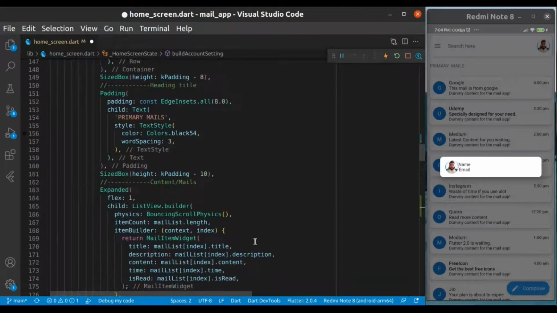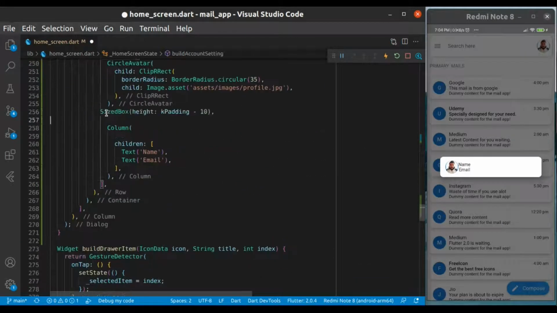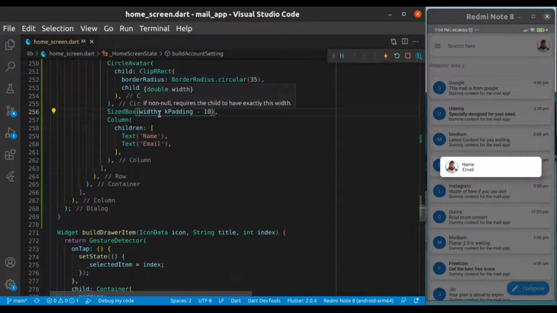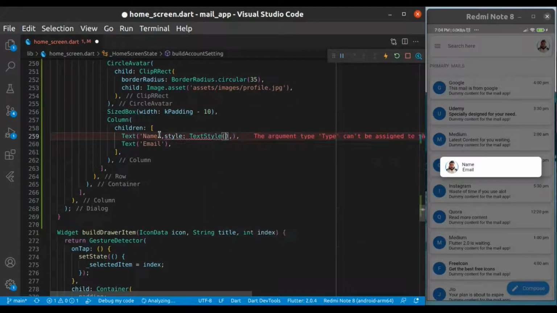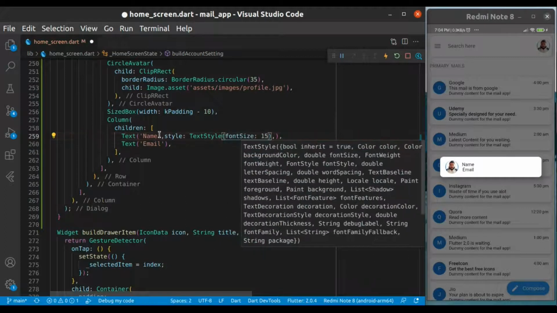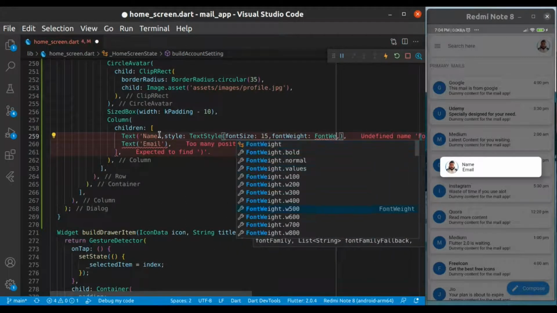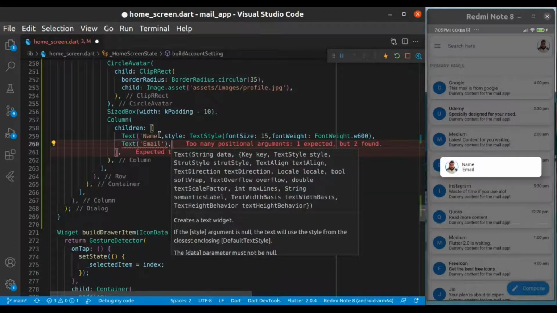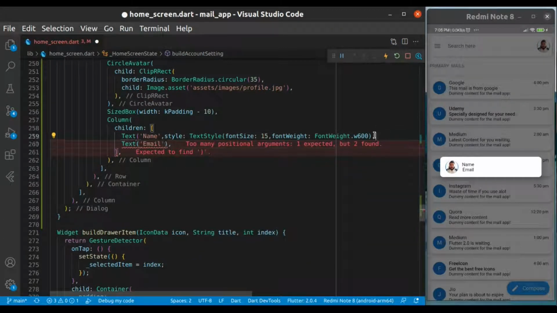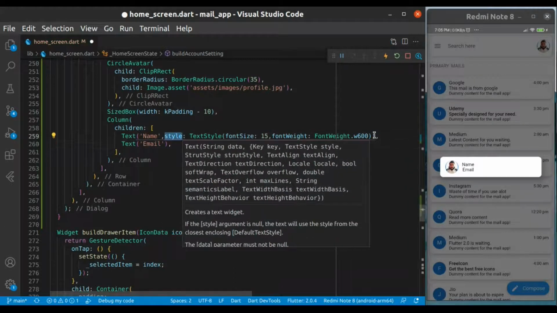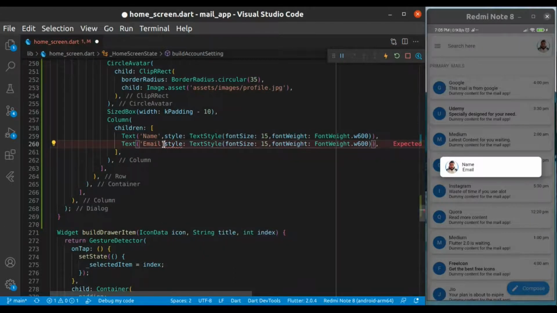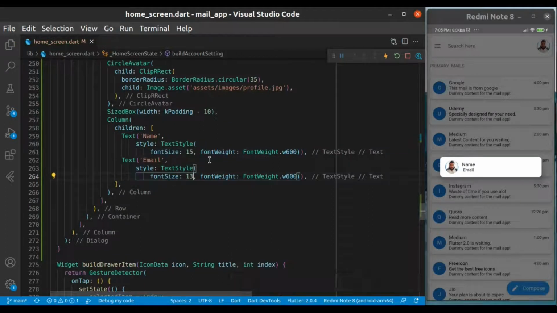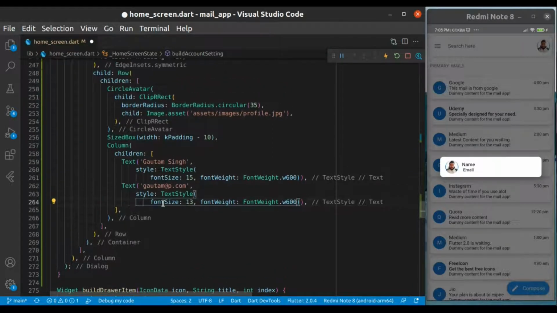Wait. Provide some width to the size box. We'll add a space between the circular avatar and column, and provide some styling to the text name and email. Just copy this, we don't want to write it again. Provide some custom or dummy text. This is basically my name, Gautam Singh, and we will copy it again and again, but for that we will render it in